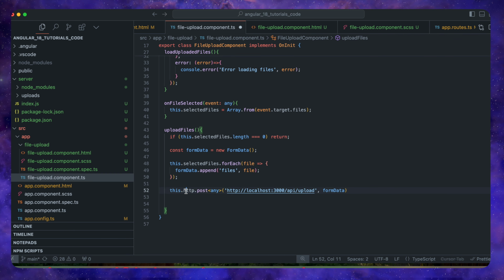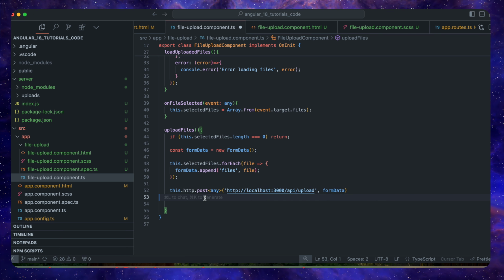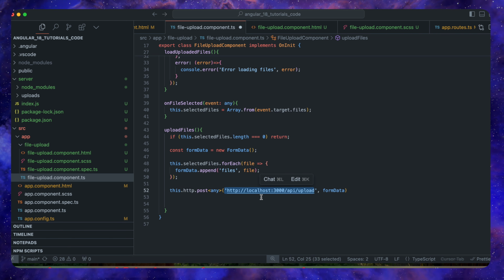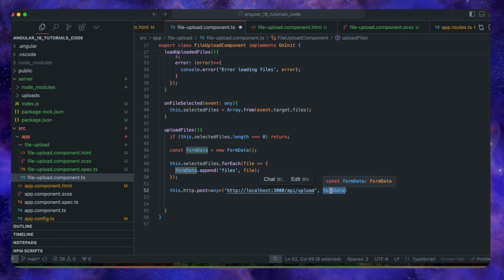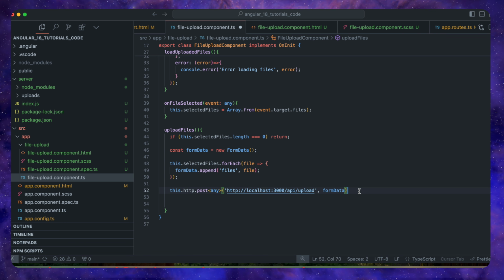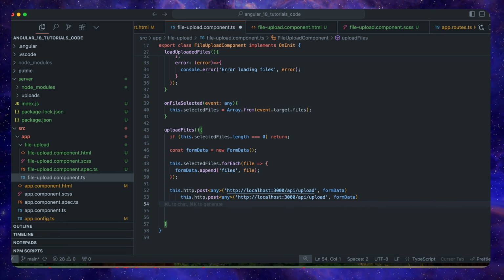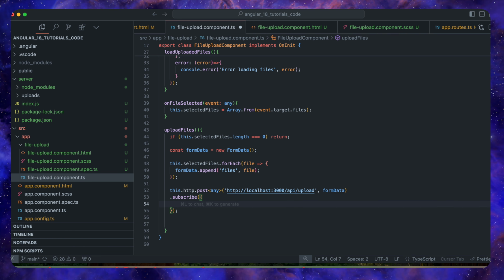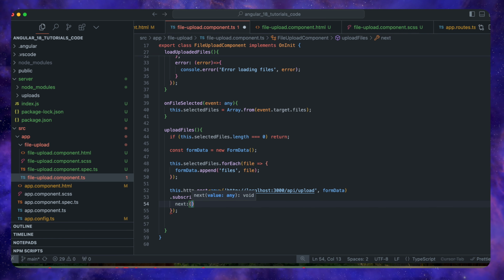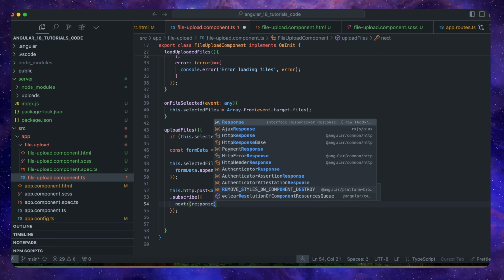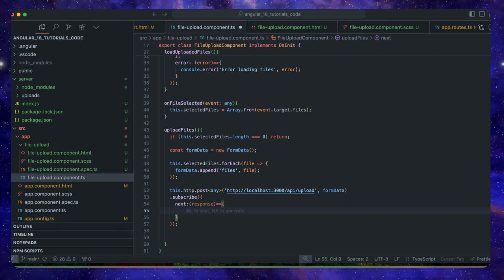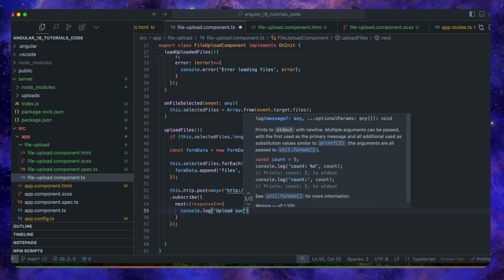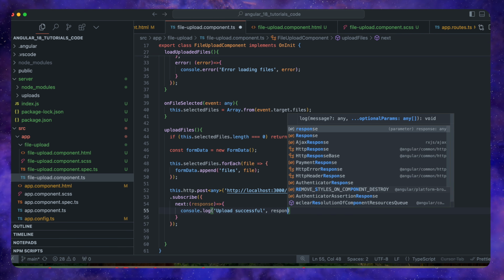I am just calling the http.post function, and we are passing it the path of our endpoint, that is /api/upload, and we passed the form data. Okay, now we need to subscribe to it, .subscribe, and here I will pass an object, and the next function will be getting the response from the server. So we will simply console.log a success message, upload successful, with the response that we got from the backend,